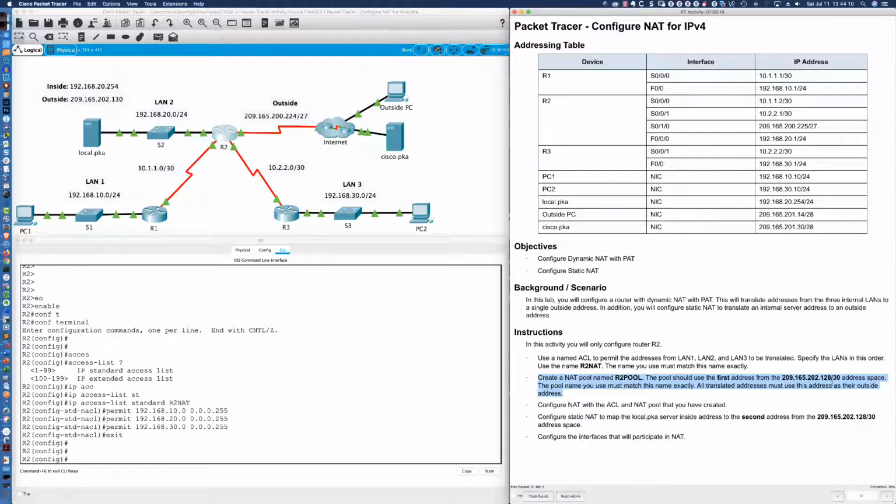And this is typically where the confusion may come in, because learners may look at that and they may think to themselves, okay, well, if it's 209.165.202.128/30 and I'm using it in the NAT context, then the 128 is going to be the first address. But that is not what they're looking for here. And really, when they say use the first, you could see how it's bold, right? First is in bold.